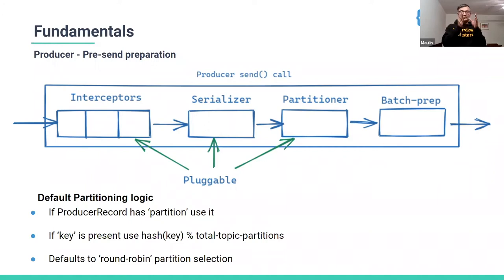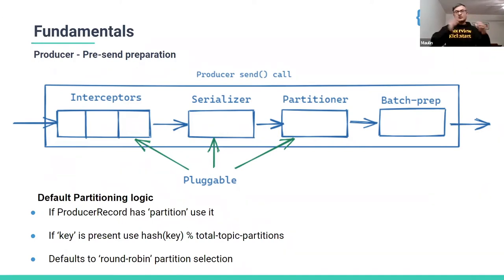These are the 4 components here in the diagram that I showed that are important to understand, because the sequence also matters here. The first one that gets invoked within the send call is a set of interceptors, which are basically pluggable interceptor classes which your application can plug in, and you can do anything which is application specific to you.